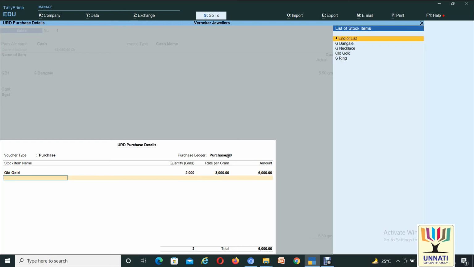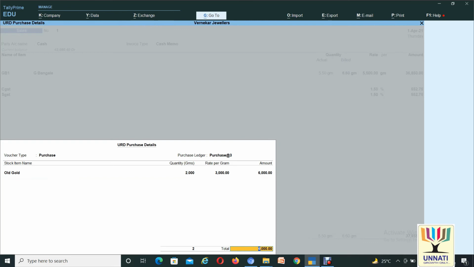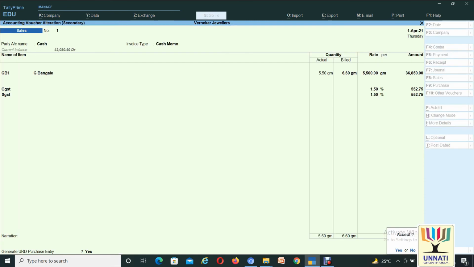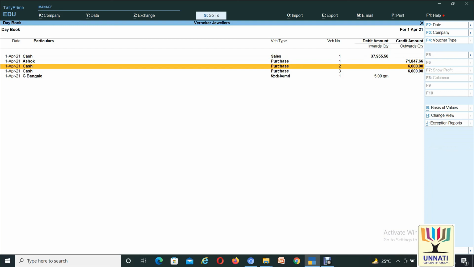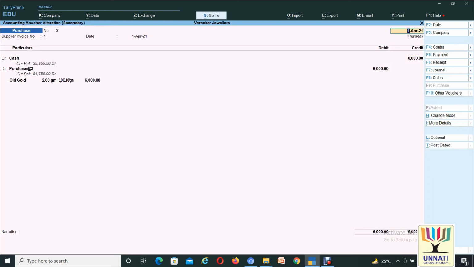In this screen, I am purchasing old gold of 2 grams, total amount 6000 rupees, from that customer. It will generate a direct URD purchase entry like this.